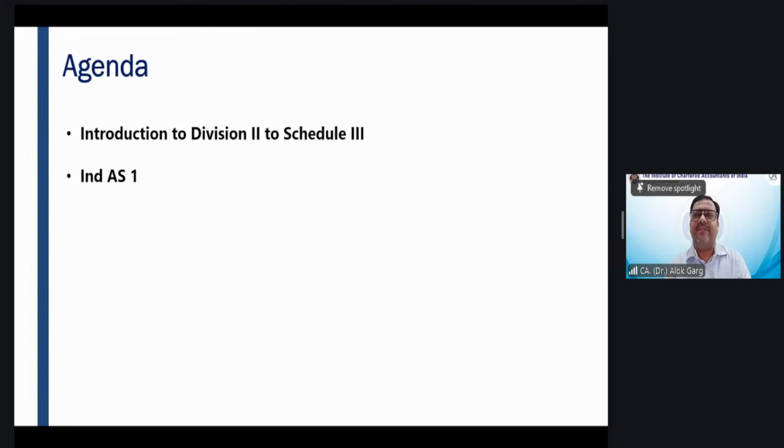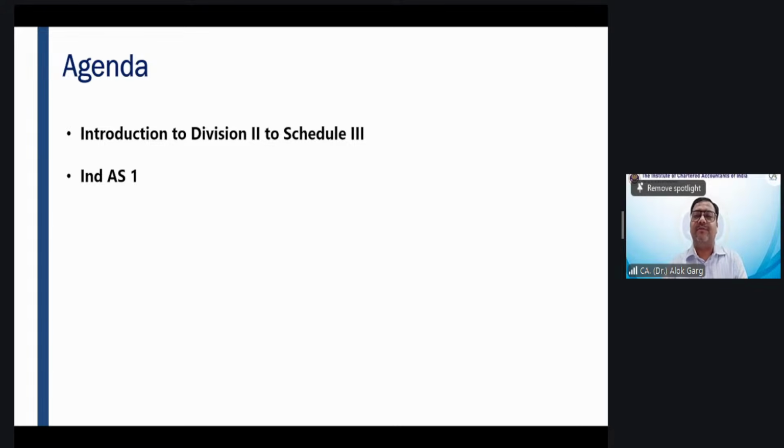And friends, then we started Ind AS 1, the first standard in the series of Indian Accounting Standards, which is on presentation of financial statements. Many of you have heard about Ind AS 118 also. Ind AS 118 is a new standard which is a converged version of IFRS 18 in India, but Ind AS 118 has not yet been notified. And Ind AS 118 is not applicable to the students who are appearing in May 2026 exams, right? So 118 has not yet been notified in India.